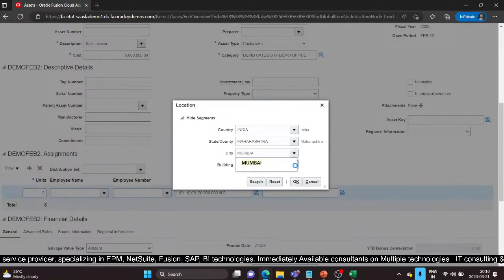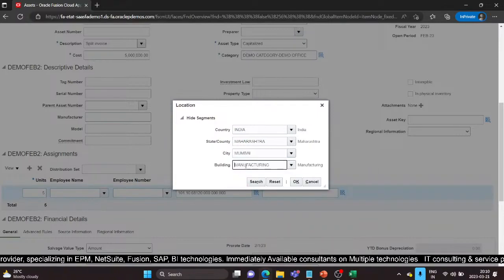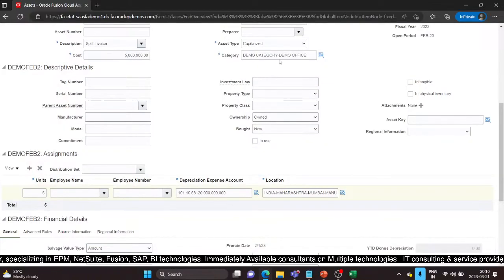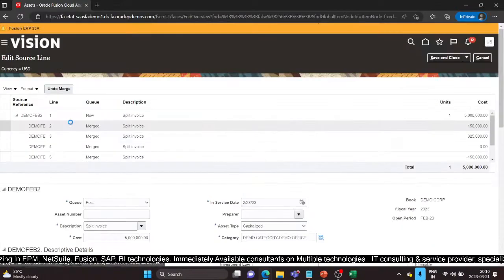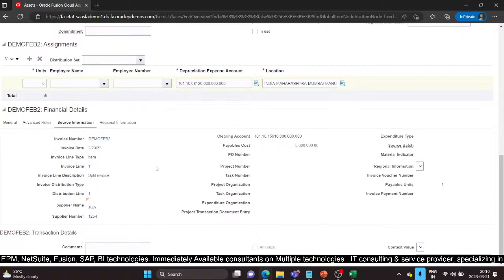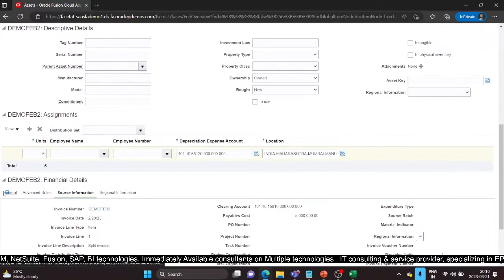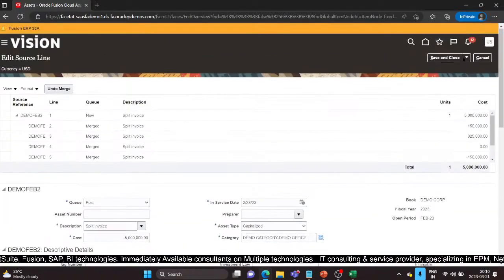and you can have building as the values available. I'll select now manufacturing from here. Okay, as I had provided the category demo office, it is coming here. Okay, now source information will provide you the information of that invoice from which we have added. And if I click on save and close now,